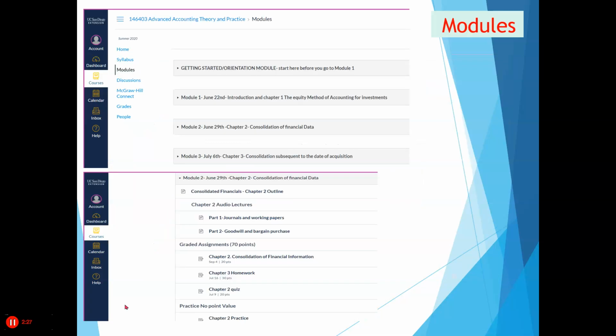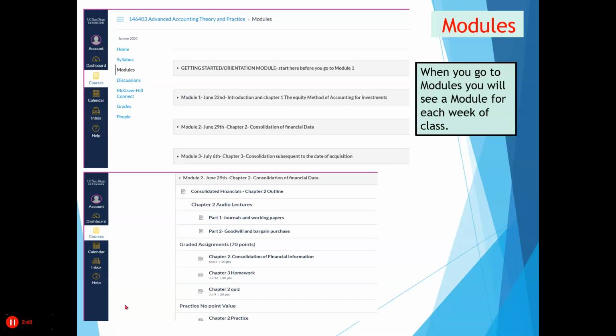Now, when you go to modules, another thing I like about this program is that you're going to see for each week, I have a module, except there's the first one, which is just getting started. Those are the things you need to do, like there's a little quiz in there and stuff like that. Now, what I like is you just click that little arrow,